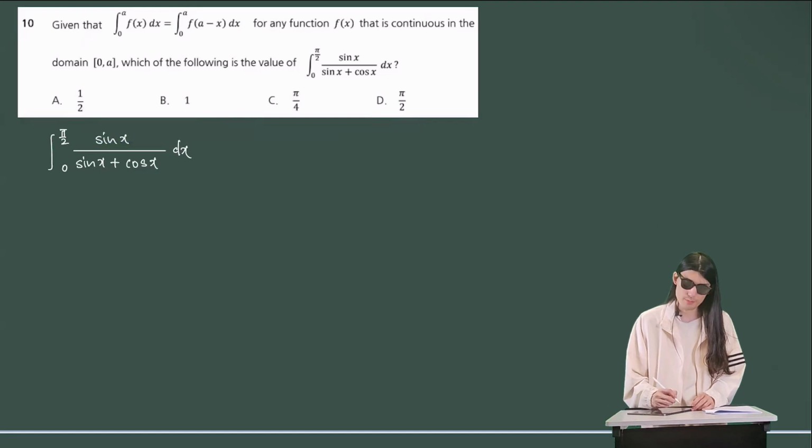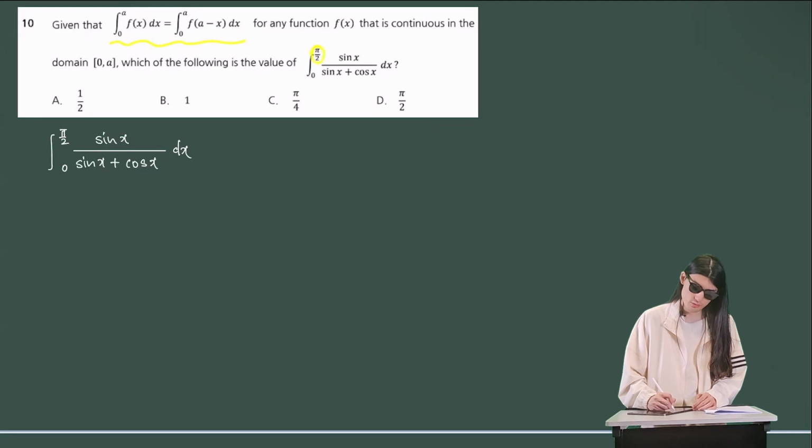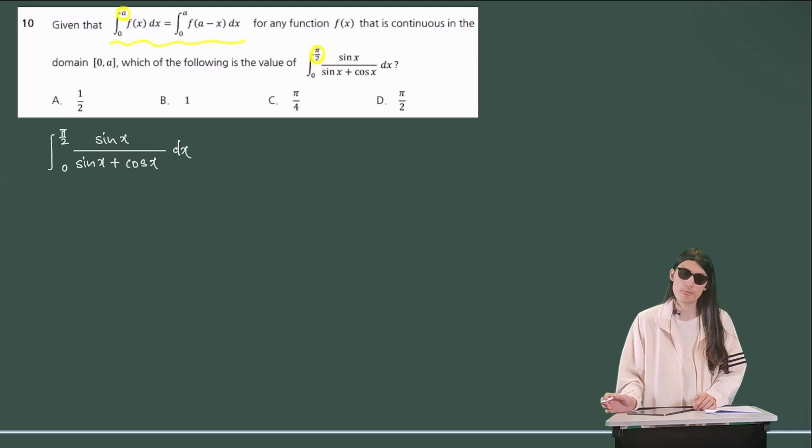Okay, applying this property that's given to us in the question, you have to recognize that the pi on 2 should correspond to A in the given property,